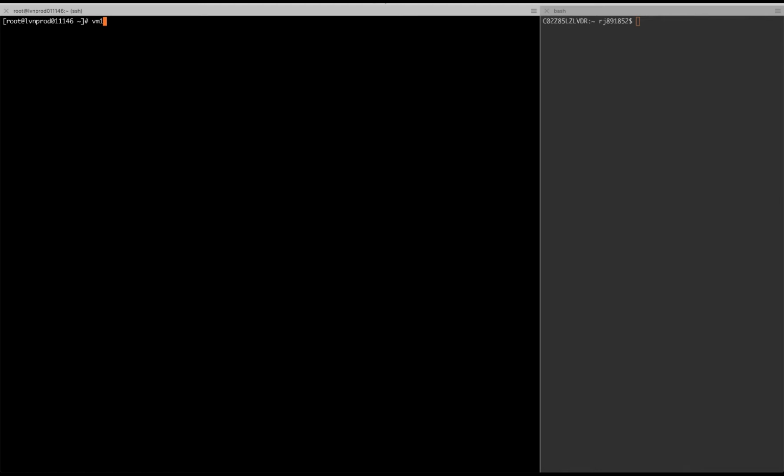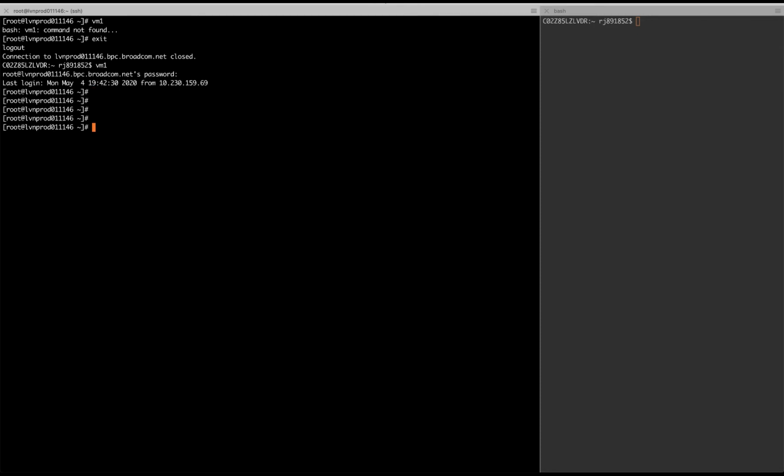Let me log into my master node in the cluster. So I'm now logged into the master node ending in 46. Let us examine the various nodes in the cluster.